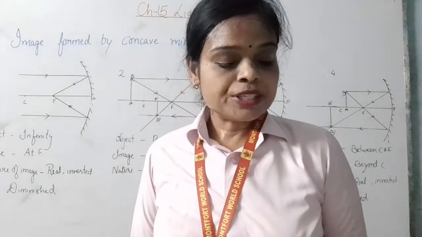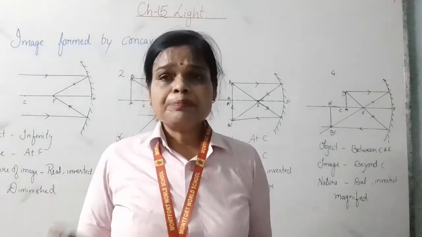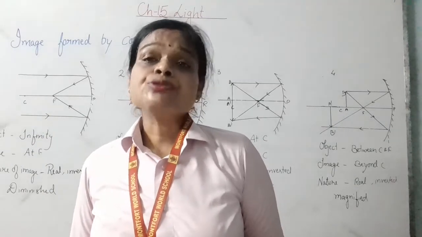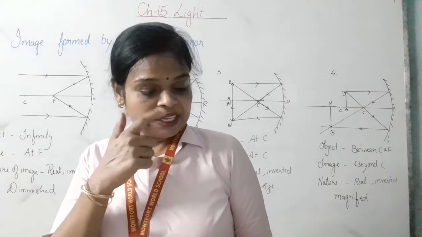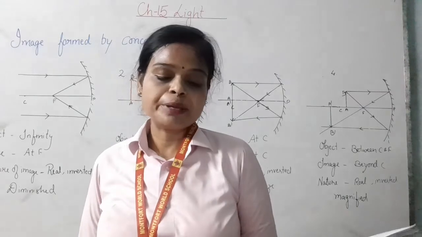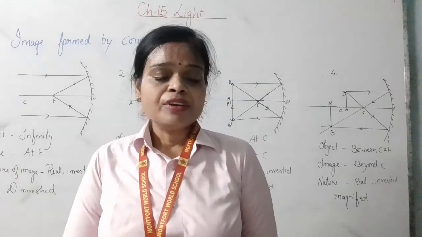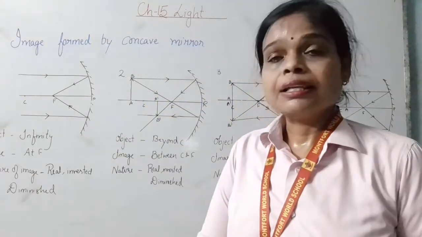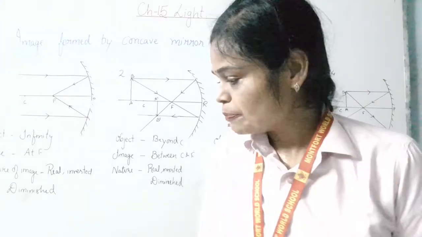Give one method of splitting white light into its constituent colors. The best method is to take a prism, allow the white light to pass through the prism, and it splits into 7 colors. Draw neat diagrams for the formation of an image in a plane mirror with a pencil placed in front of it. We can draw a diagram where a plane mirror is kept, and in front of that we keep one pencil, so an image will be formed of that pencil.